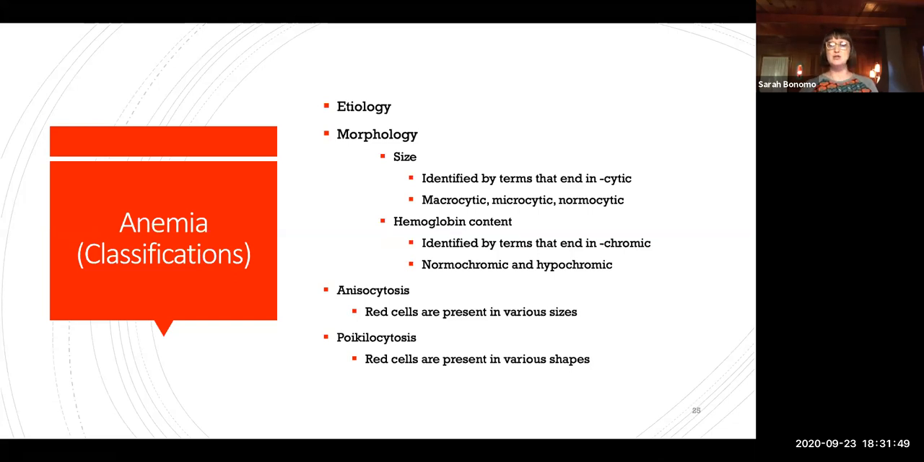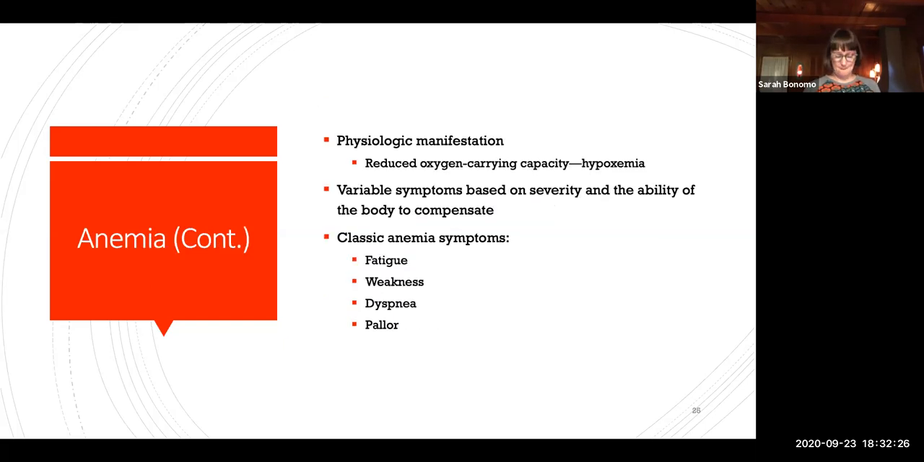And then I just wanted to familiarize you with a couple of vocabulary words. So the anisocytosis refers to red cells that are present in various sizes, because normally they should be all approximately the same size or really close. And then there's poikilocytosis, which is when red cells are present in various shapes. And probably the most common example of that would be sickle cell anemia, when the erythrocyte is actually completely misshapen. And that really affects how it can travel and how it can function. Okay, so